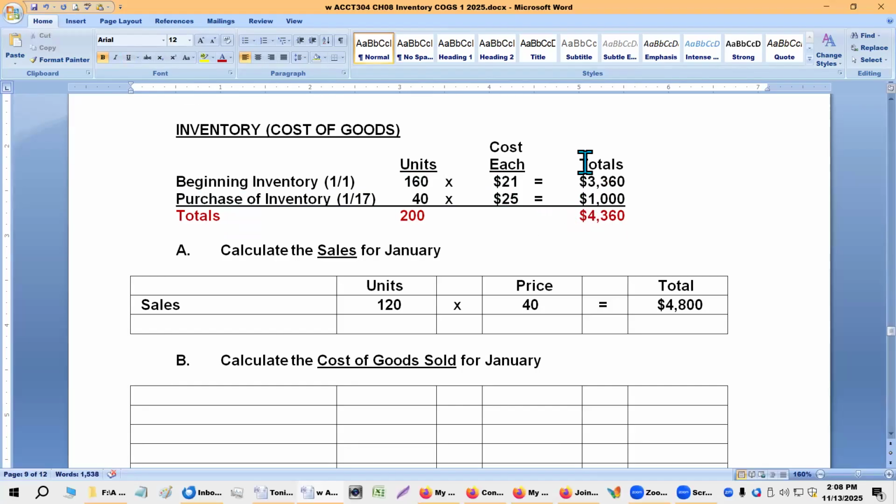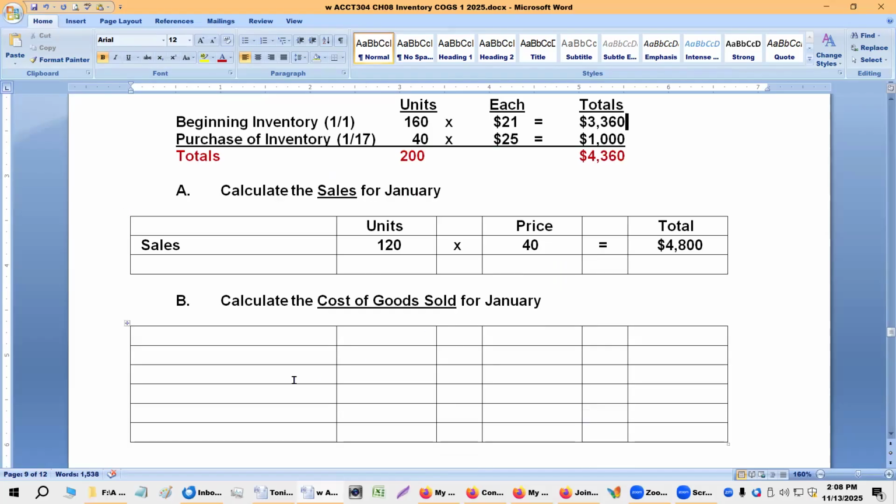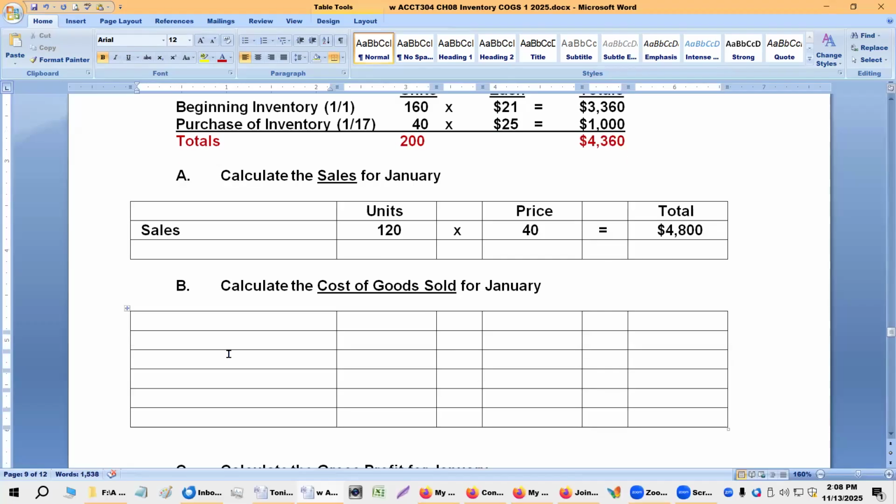But so here's the total cost, and we're going to divide it by the units. 4,360 divided by 200 units